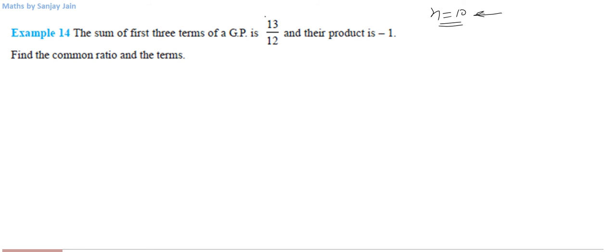Okay, let me put it here. So it will become -1 by R minus 1 minus R, and it is equal to 13 by 12. So this will become a quadratic. Let me multiply both sides with R, or you can simplify it a little bit further, then multiply it like this. If I club these 2 terms and take them on the right hand side, this will become R plus 1 by R, and if I bring this on the left, this will become -13 by 12 minus 1, right?